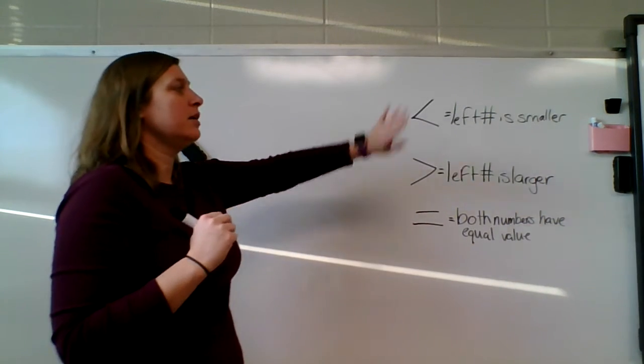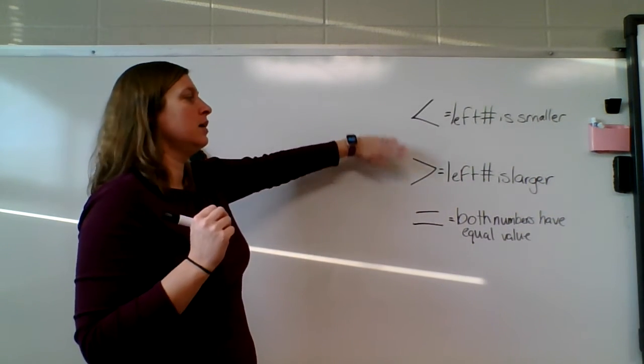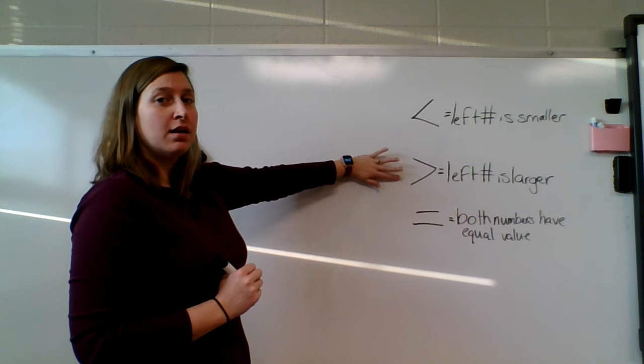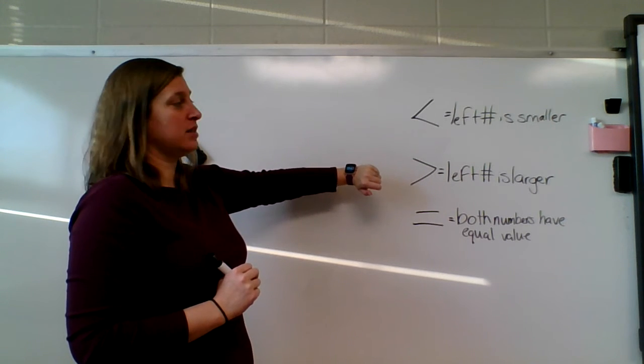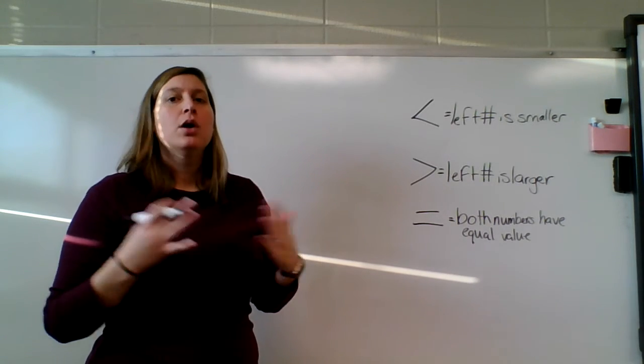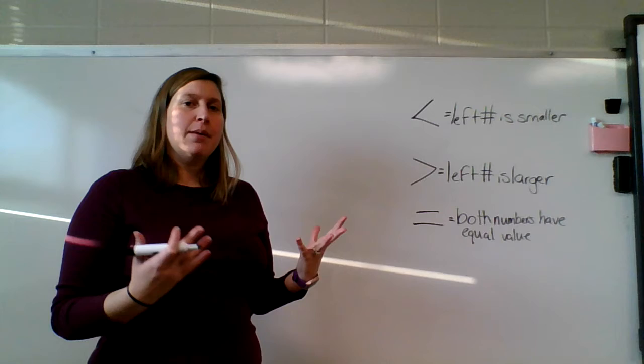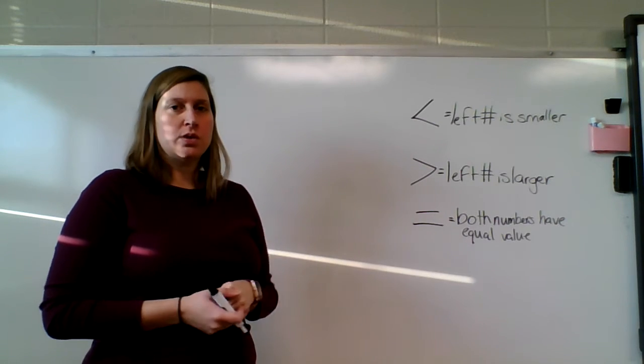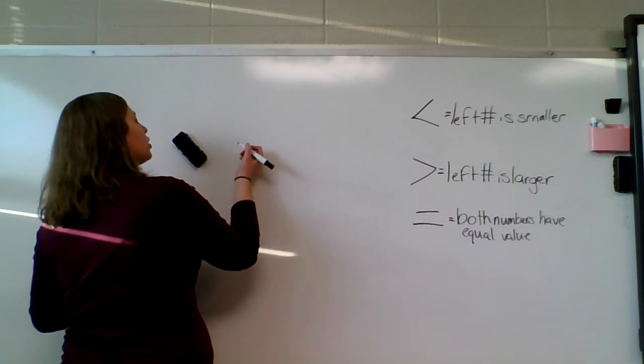So the left number is going to be smaller for less than. The left number is going to be greater than in a greater than symbol. And then equal to means both numbers have the same value. So now let's look at a few examples to see how we can use these. So let's start off with